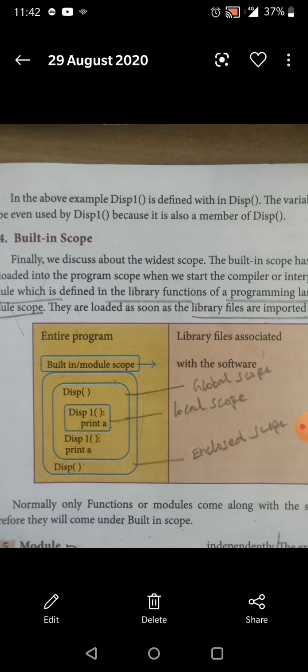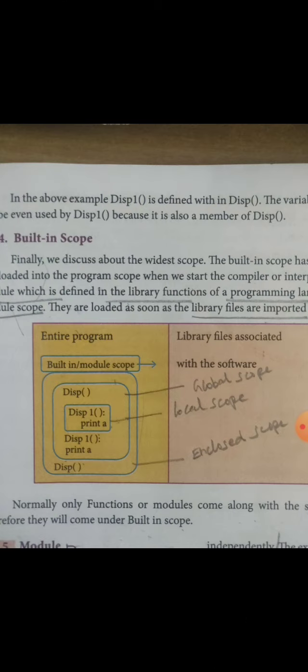This is a 5 mark question. So far we have seen types of scopes, rules of the scope, variable scope,